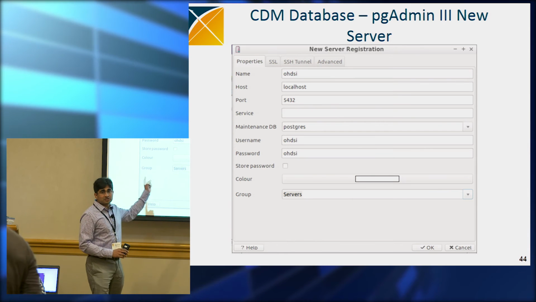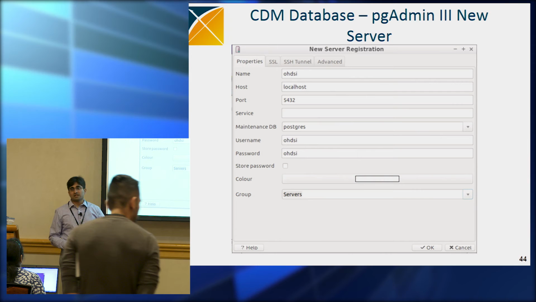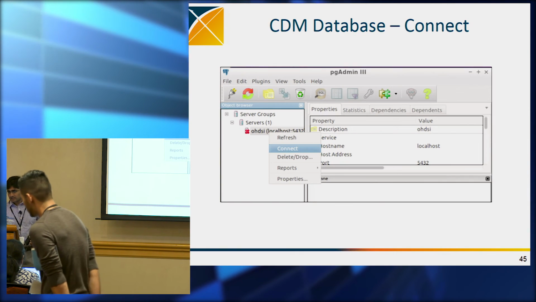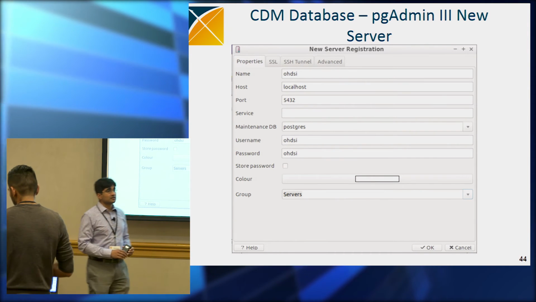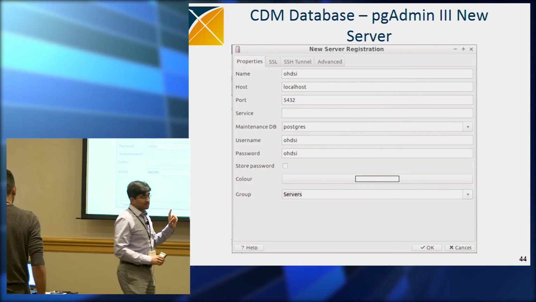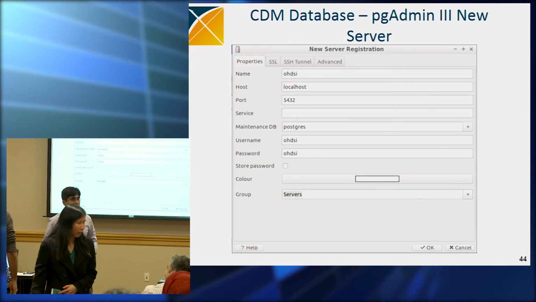You actually shouldn't have to do this slide because we set it up so the database connection's already there, but it's not there? Okay. All right. So in that case, you want to right-click and add new server and fill in the properties there.